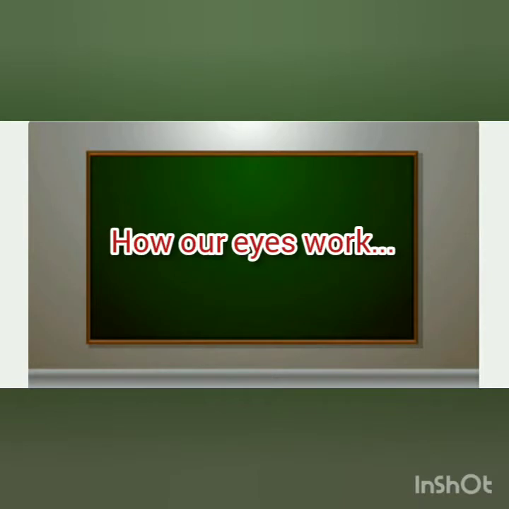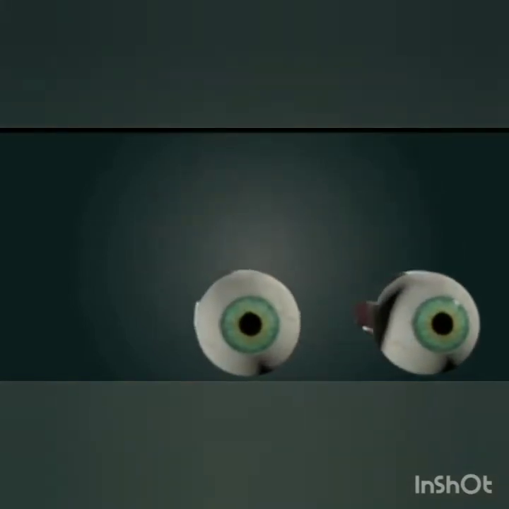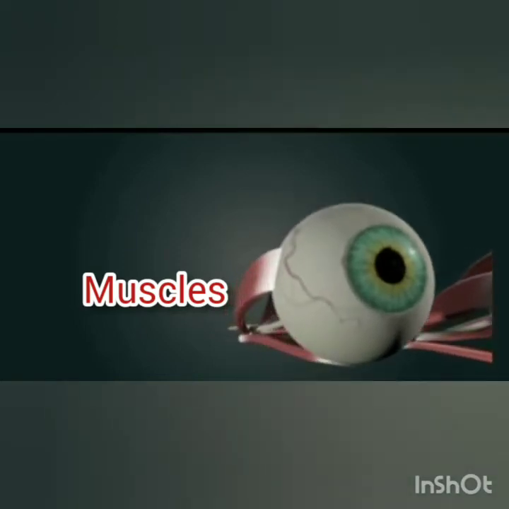Today we'll learn how our eyes really work. As you know, our eyes are biological structures which help us see different things in 3D, what you call binocular vision. They're very sophisticated structures, and these are in direct contact with the brain, as you can see through the optic nerve, children.